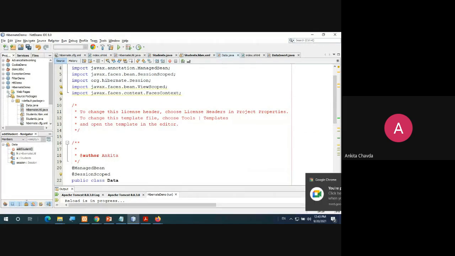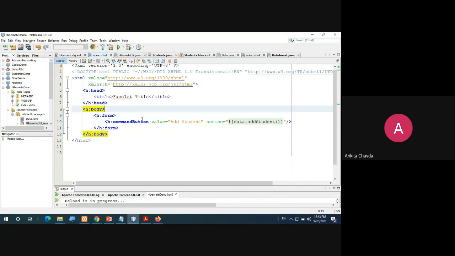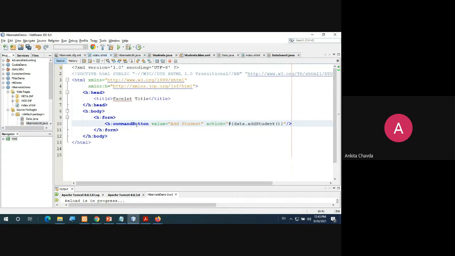Now you can go to the web pages. In that you have index.xhtml. This is your index page, just the starting page. In the h:body, you are creating one form. In this form, you are writing h:commandButton with value equals Add Student.